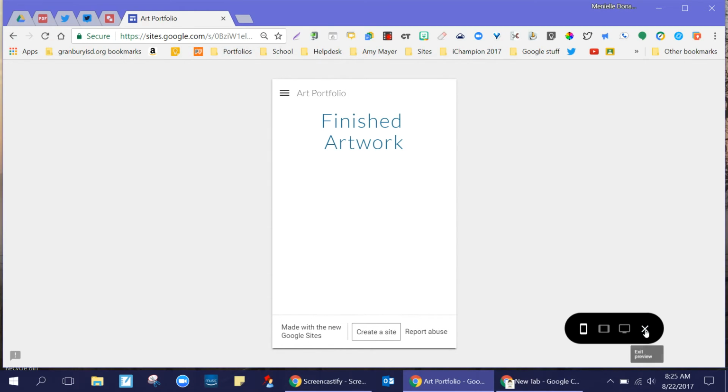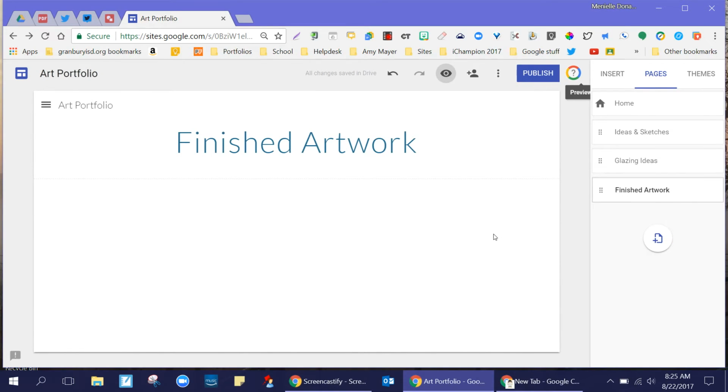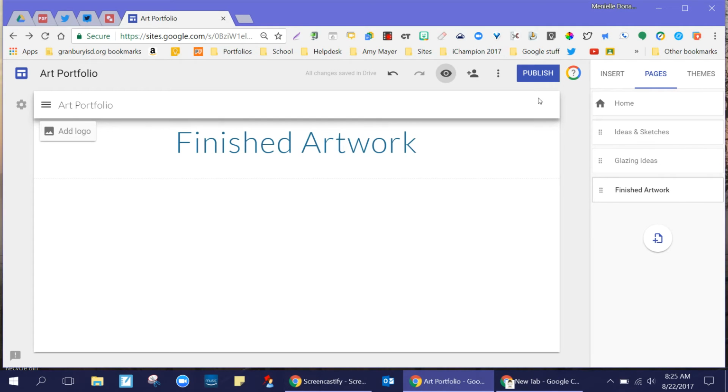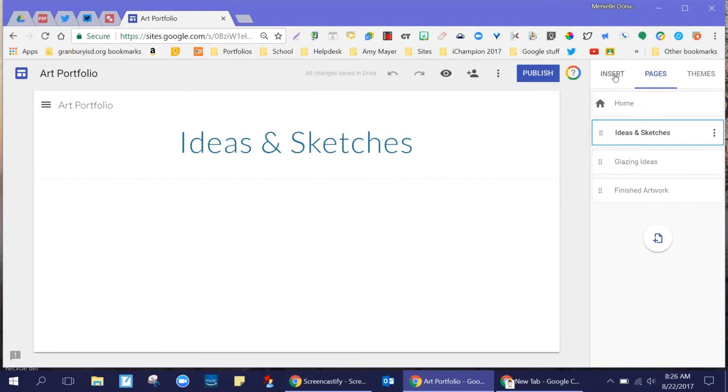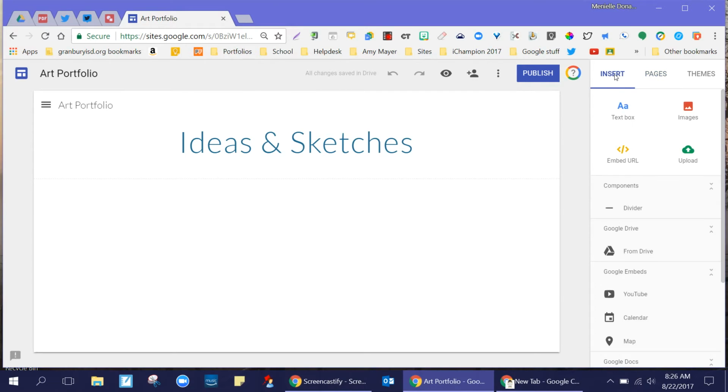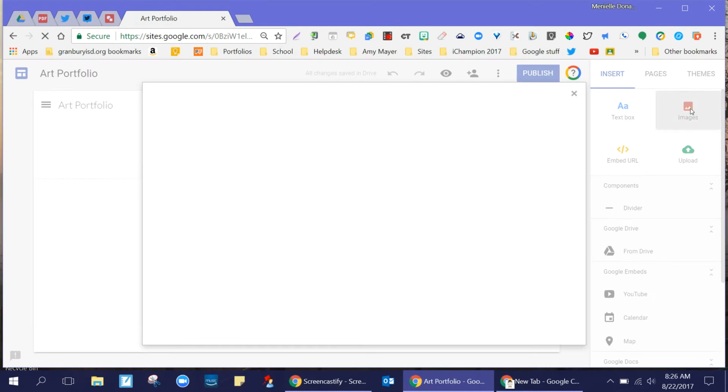Once you're satisfied with the preview, you can exit that and it'll take you back to where you can edit your site. So if you wanted to add more pages, this is where you'd go to do that. Once you get ready to edit a page and put something on it, I'm going to go to this Ideas and Sketches, and I'm going to click on Insert, and I'm going to insert an image,